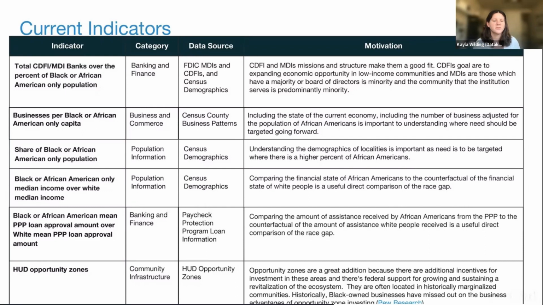If you look at these right now, we're covering categories like banking and finance, business and commerce, population information, and community infrastructure. I'll talk about this later, but we want to add some other categories such as education and housing, just trying to get at different subcategories within our targeted outcome. We've been trying to follow the OECD handbook, if you've read it, on how to create an index, finding these subcategories and making sure everything is correlated and working in the same direction. So just to touch on these indicators briefly,